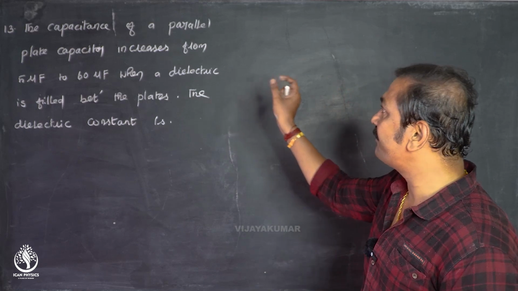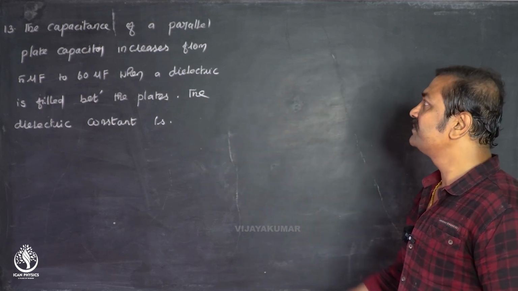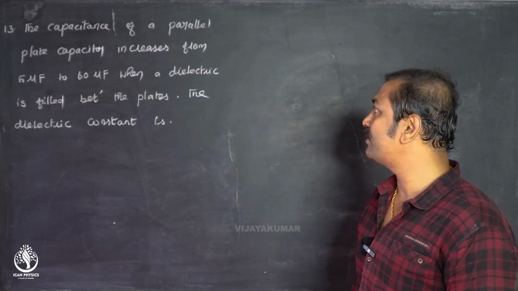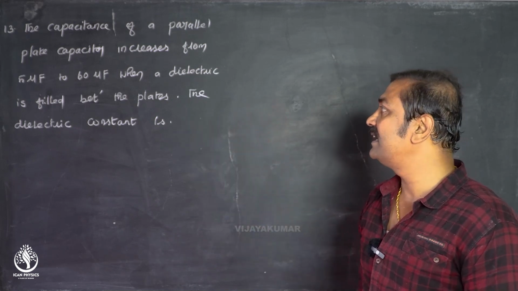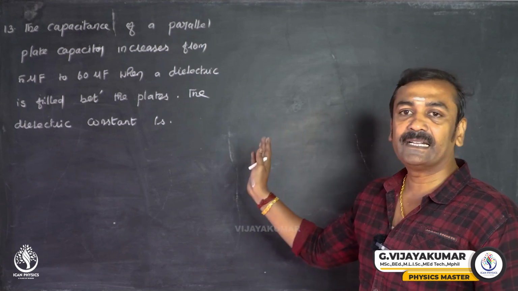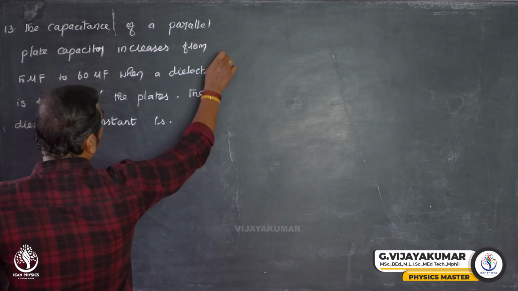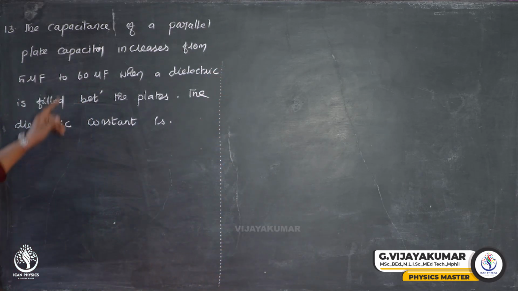Then the capacitance of a parallel plate capacitor increases from 5 microfarad to 60 microfarad when a dielectric is filled between the plates. The dielectric constant is dash. Now we are having the word